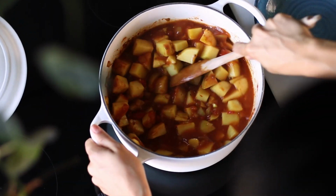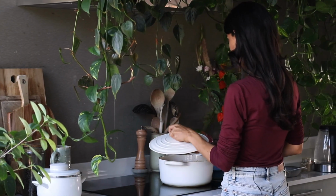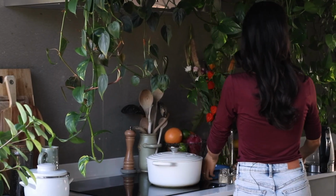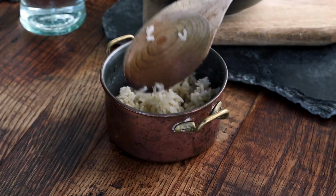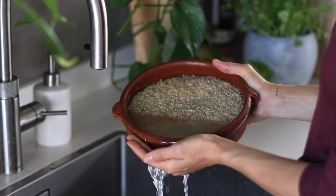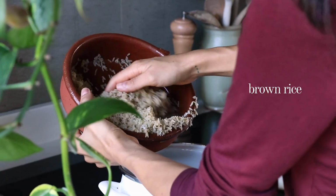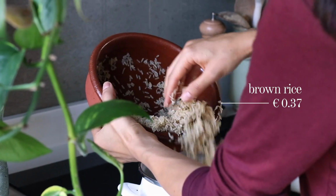And then we're gonna bring this all to a boil, and we're gonna reduce it to a simmer for about 15 minutes while we cover the pot with a lid. Now, if you're gonna be choosing to serve your curry with rice, now is a good time to start cooking it so it's done at the same time as everything else. So here we've got 1.5 cups of brown rice that we first soaked overnight and then drained,